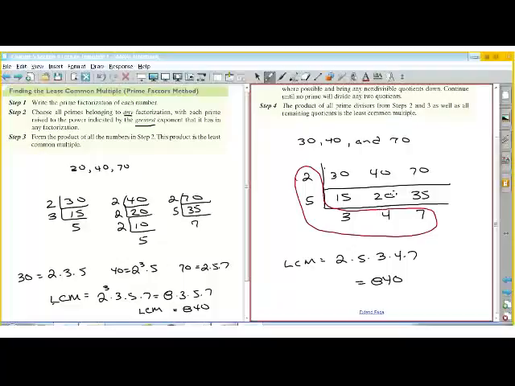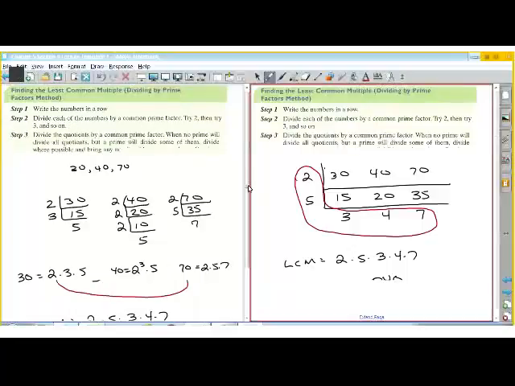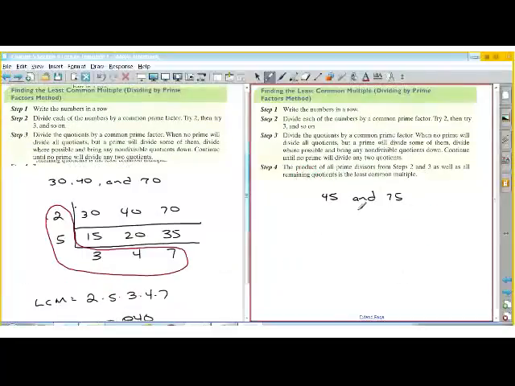So that's the easy case where you can divide them all by the same prime numbers, and then you end up without any common factor, and you just do the whole thing instead of just this part. You can see if I multiply these two together, I'd get 10, which would be the greatest common factor between these three. But I'm finding the least common multiple, so I'm doing that. Okay, now